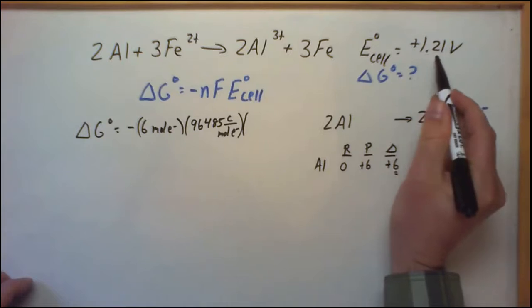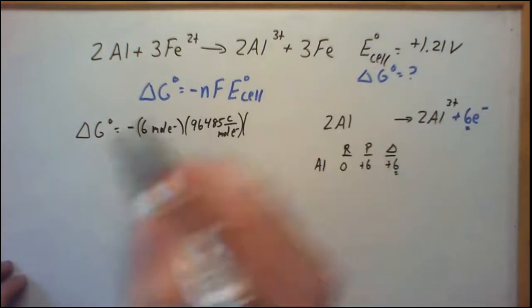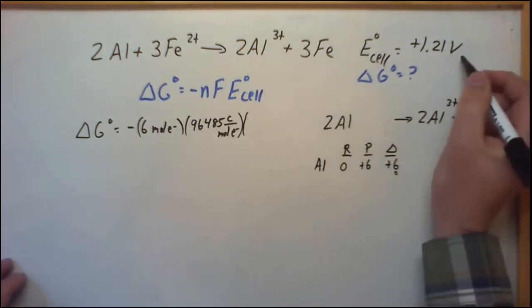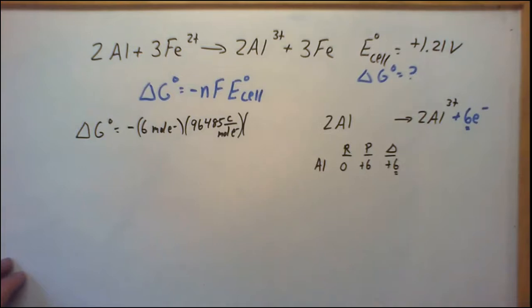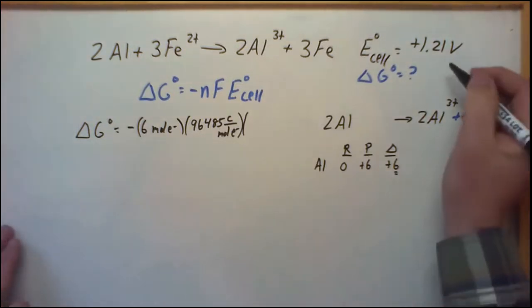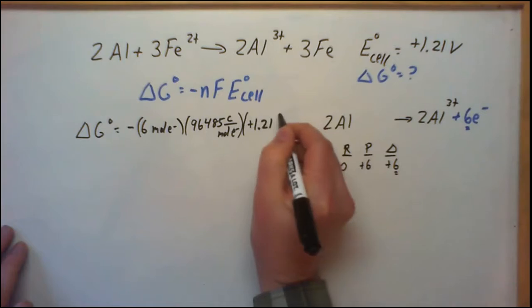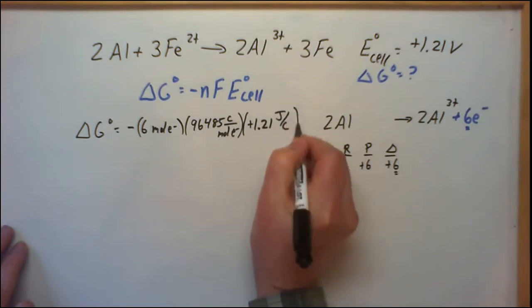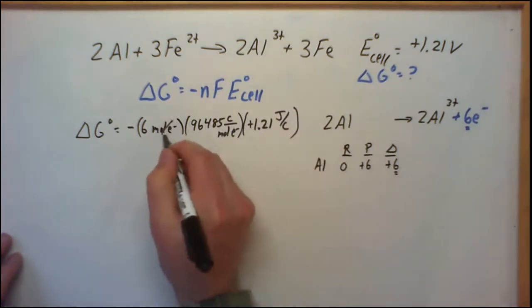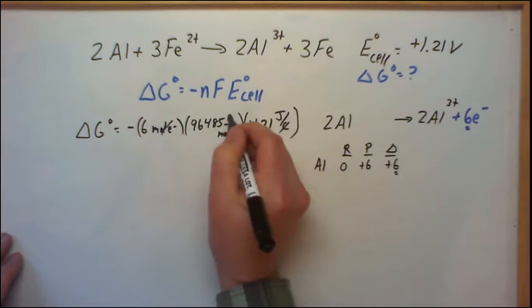Standard cell potential is positive 1.21 volts. This is the number we calculated from the previous lesson. Recall, though, that a volt is a joule per coulomb. So to see that the units work out, we could also express this as positive 1.21 volts or joules per coulomb in SI units. So all the units will cancel except for